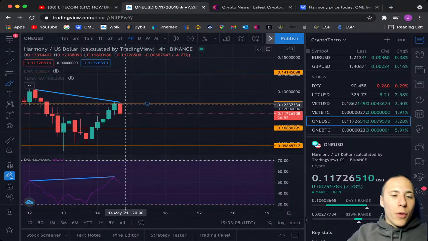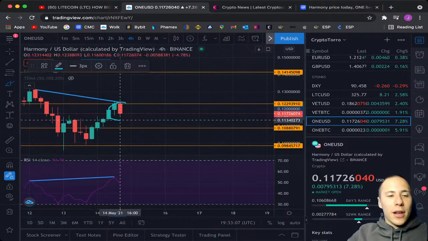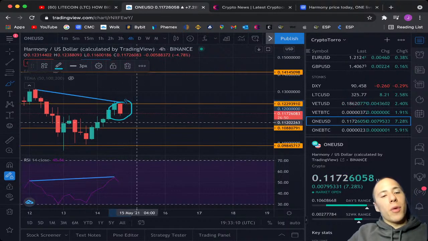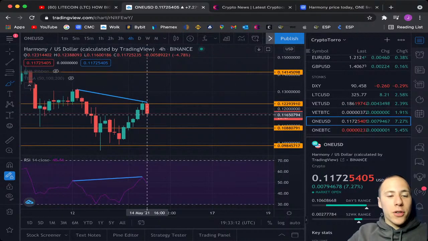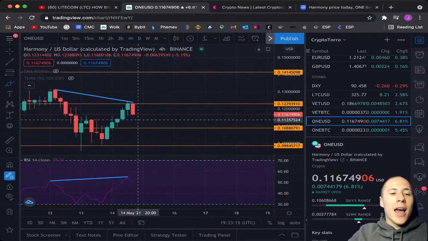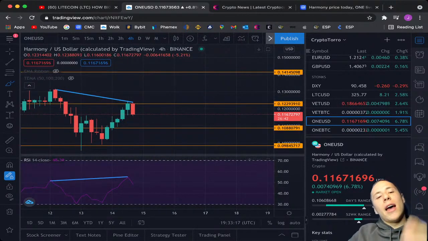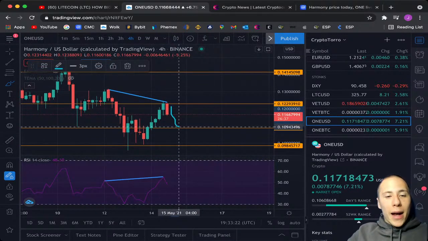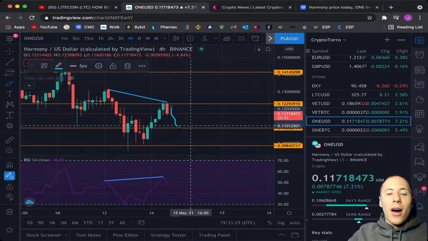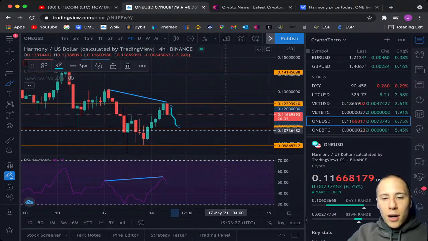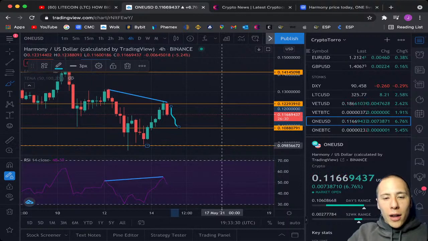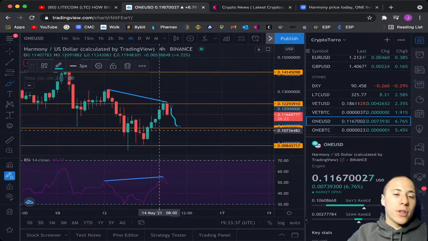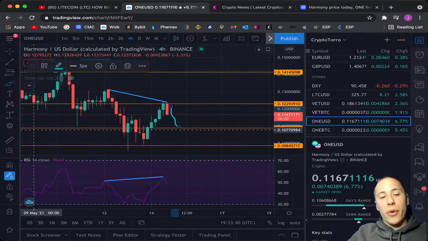And once a red candle appears after a run up towards the upside, it might be a trend reversal, and especially because we're also seeing a bearish divergence on the RSI, I'm personally thinking that we will be seeing Harmony once again break back and find support on the $0.10 or even going all the way back to the 0.098 level, where it has found support several times in the past, and it was also previous resistance.